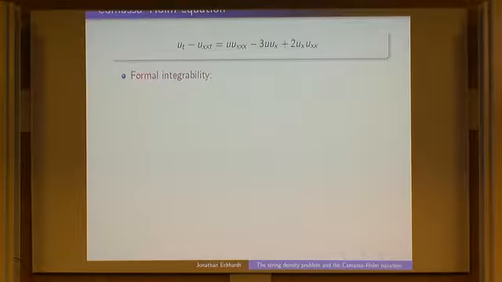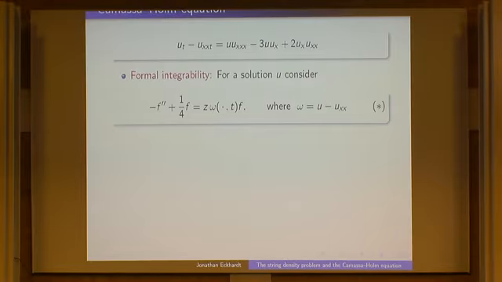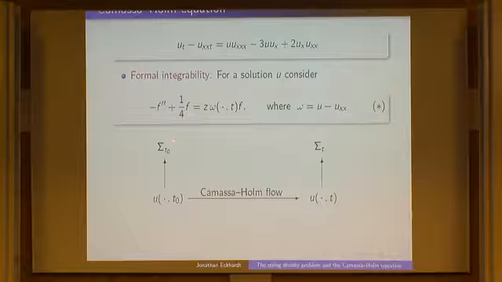So the next property was this formal integrability, which means that you can write this equation as a so-called Lax pair. And for us, this means the following. If you take a solution of the Camassa-Holm equation, then you do something that looks very strange at first. You form again this quantity we had before, and you plug it into this Sturm-Liouville equation as a weight. So for every time t, you get a spectral problem here. And then you can study the spectrum of these spectral problems. So for every time t, you get some spectral data here.